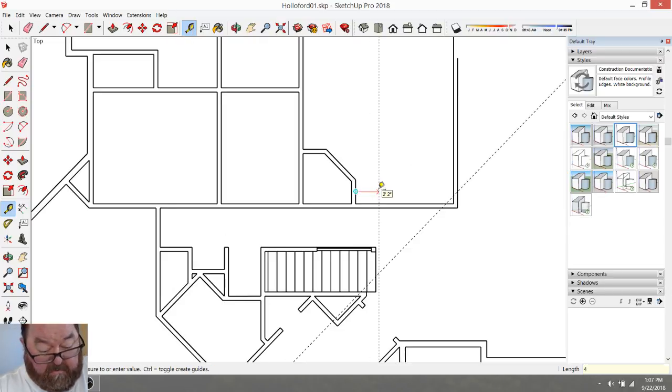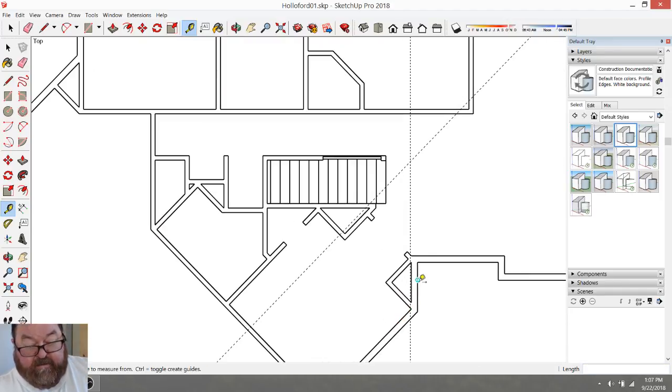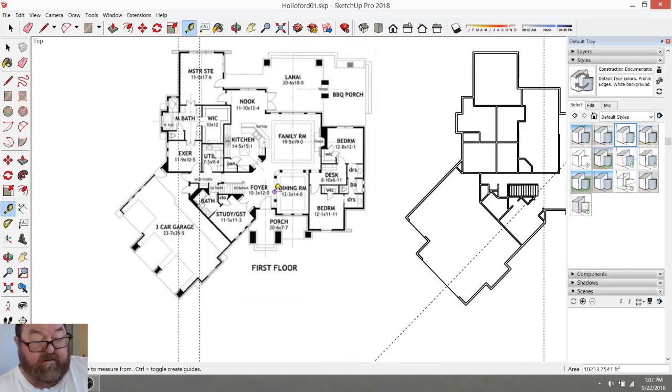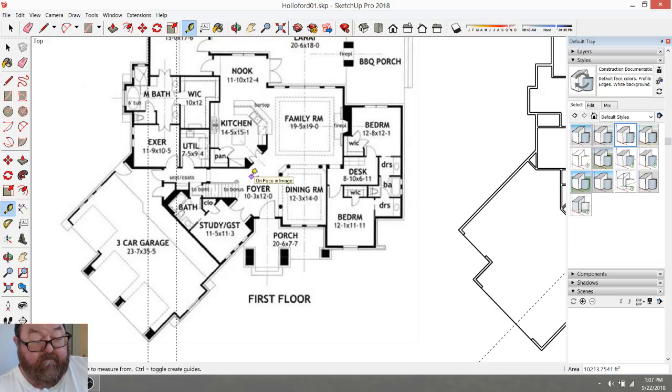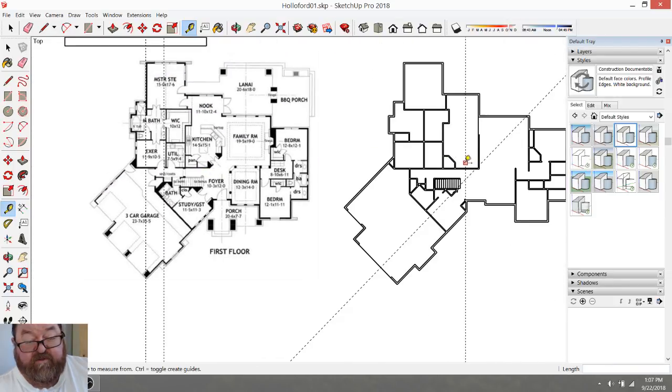Maybe. Yeah, that's funny. That lines up right with that. So if I started my... you said you wanted a little 4.5 inch flat spot there before you started your